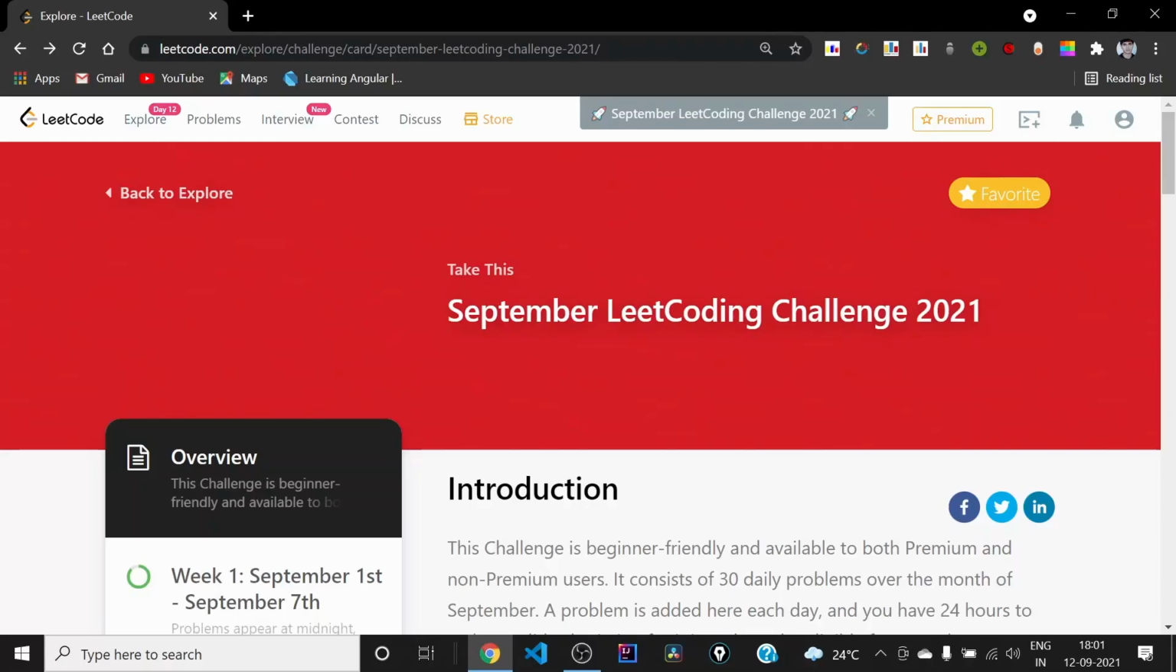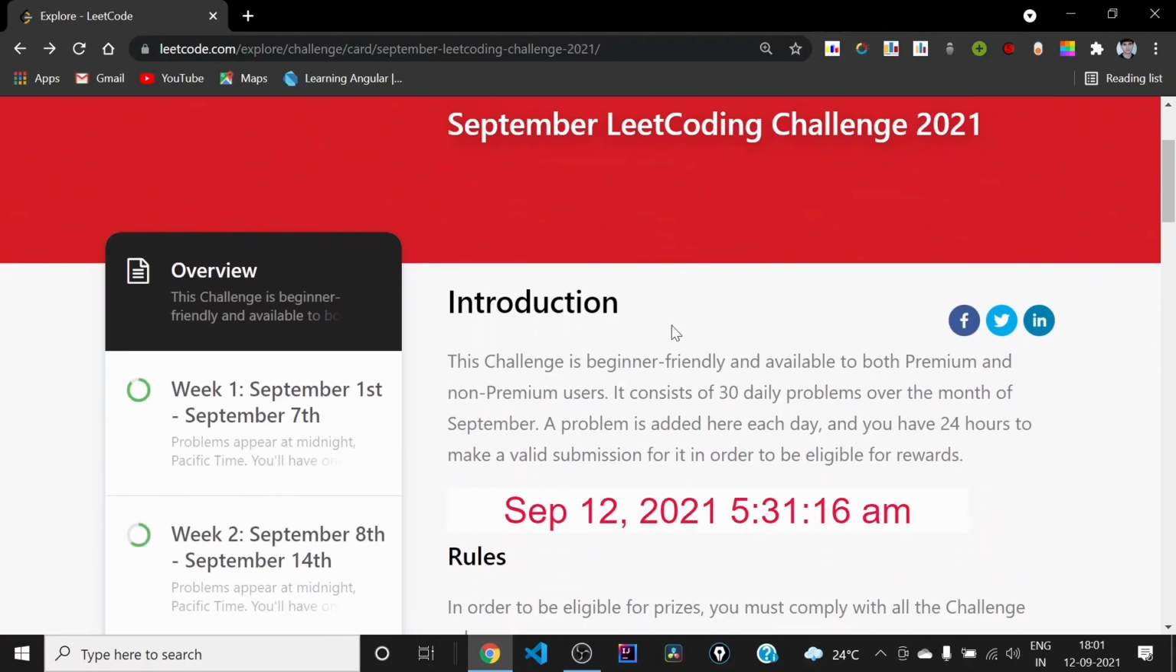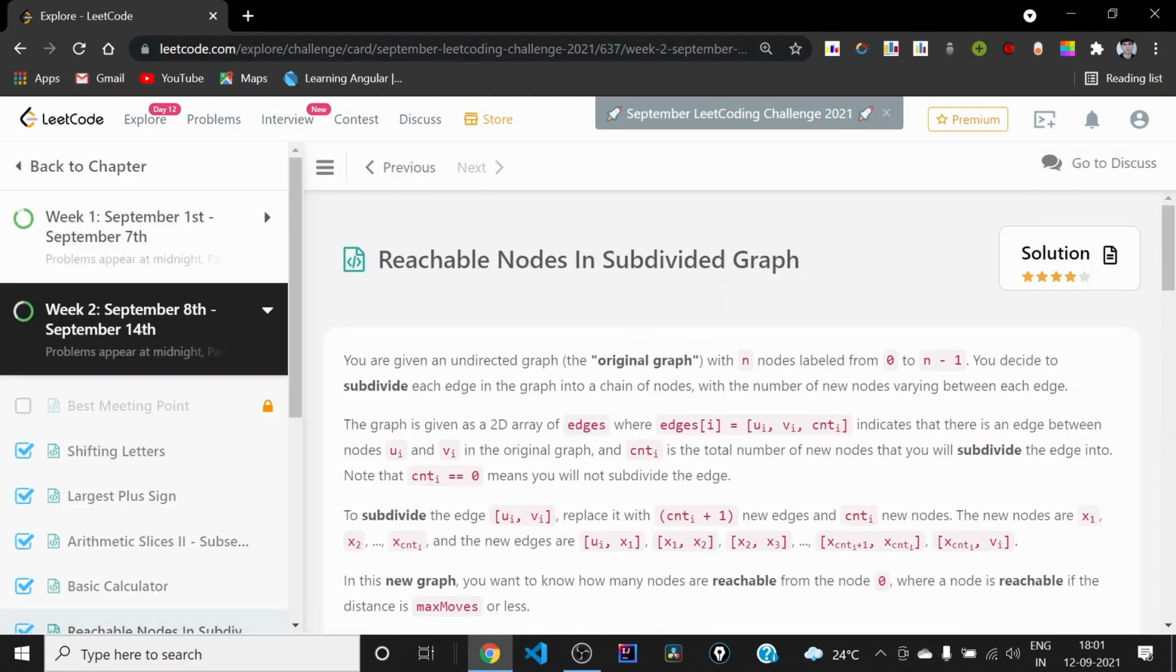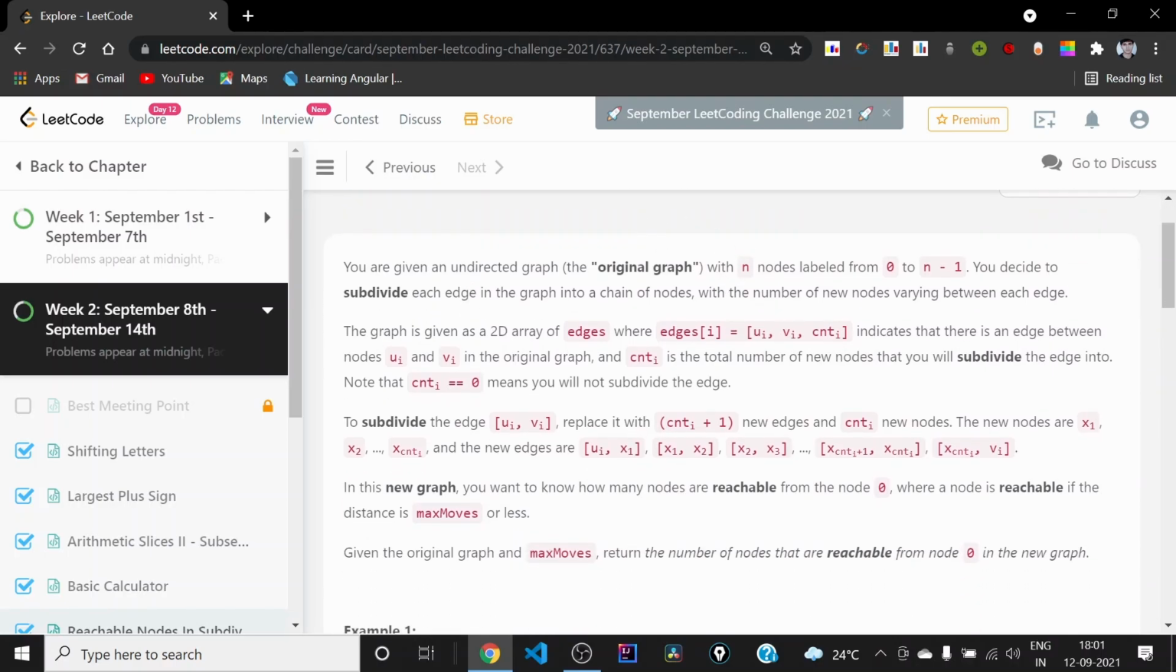Hi everyone. So today is day 12 of the September LeetCoding Challenge 2021, and on this day we have to solve this problem. The title of this problem is Reachable Nodes in Subdivided Graph, and as the title suggests, in this problem we have been given an undirected graph, which will be referred to as the original graph, and the original graph has got n nodes, and all these nodes are labeled from 0